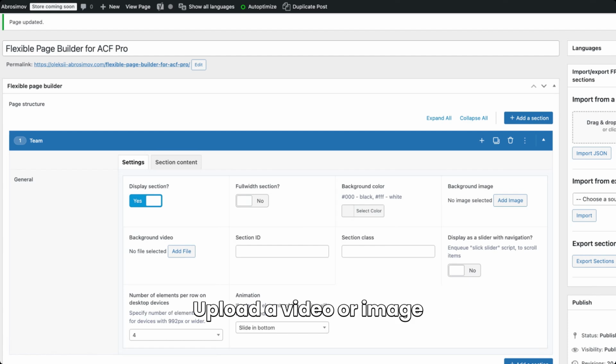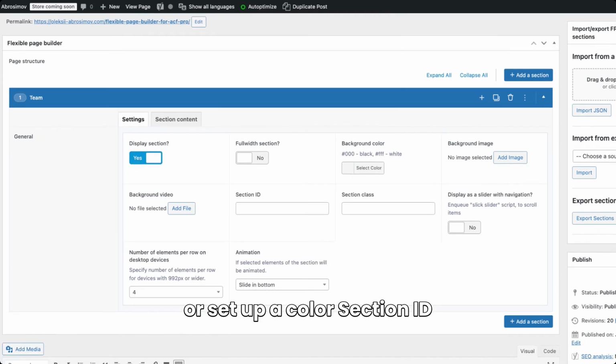Background color, image, and video are three inputs to make your section more unique. Upload a video or image or set up a color. Section ID and section class can be helpful if you're targeting unique styling or tracking events by ID or class name. There is a toggle which is called display as a slider with navigation, allowing you to scroll team members